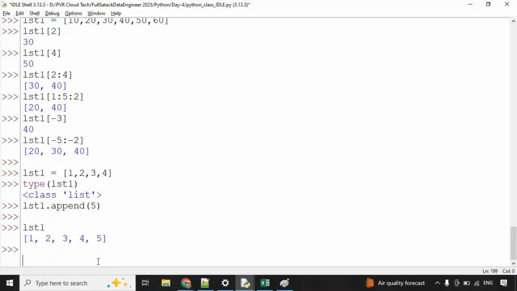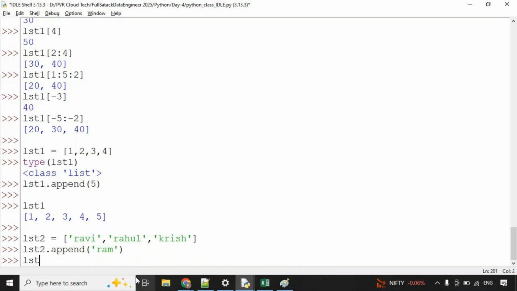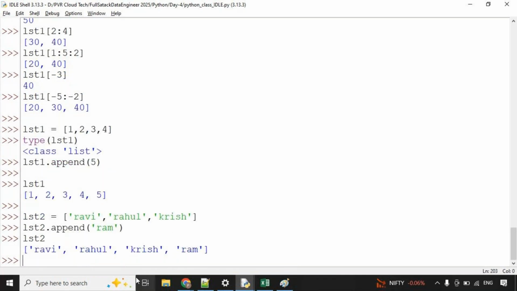For suppose observe here. Okay, now list 2 equal to Ravi, Rahul, Krish. Now list 2 dot append Ram. Now in list 2, the value is appended at end position, always end position. If you want to add at a particular position, there is an insert method. Next I will tell you. Okay, now my requirement is